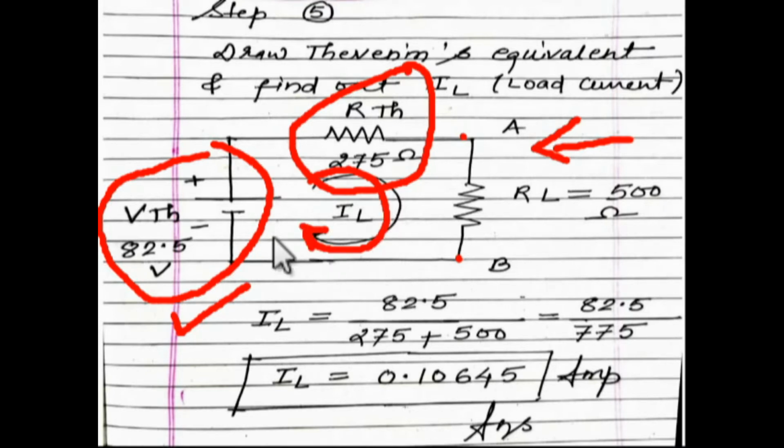So apply KVL. You can write 82.5 divided by 275 plus 500. So it becomes IL equal to